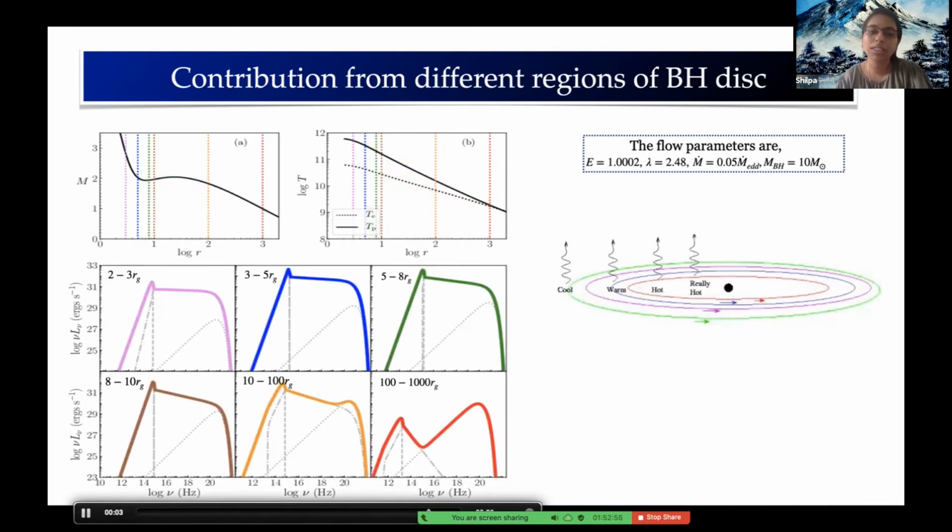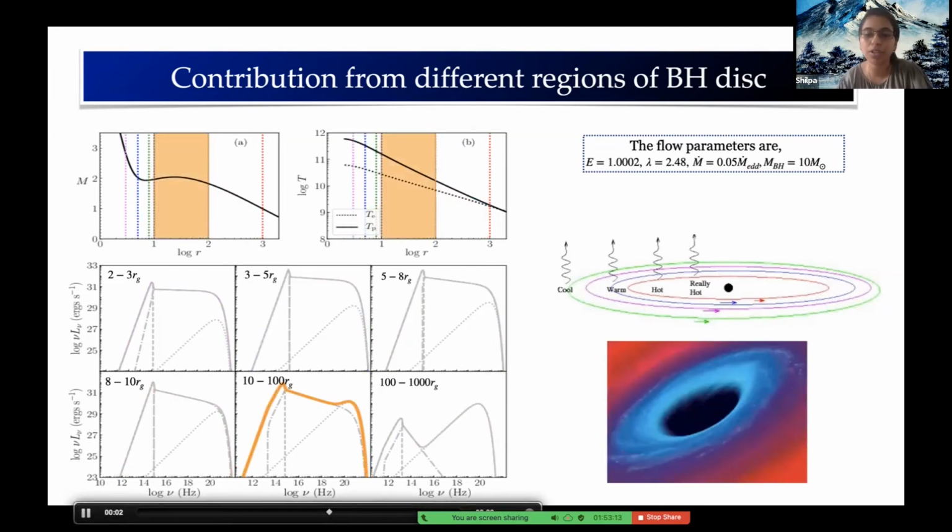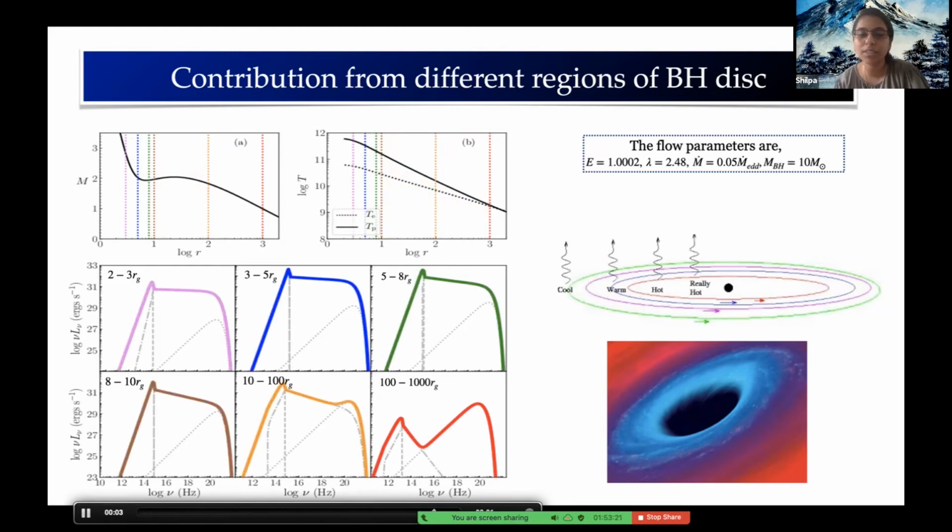So the luminosity also decreases. We can see that the luminosity from 3 to 5 is more than from 5 to 8, and so on. But very near the black hole, from 2 to 3, the luminosity is also decreasing, although the temperature is higher. This is mainly because of the photon trapping effects working very near the black hole event horizon, such that the photons are unable to escape and